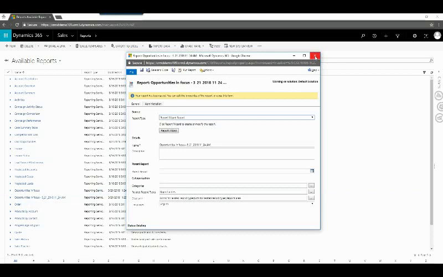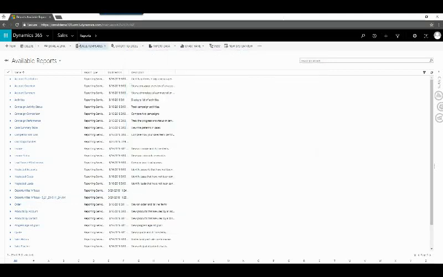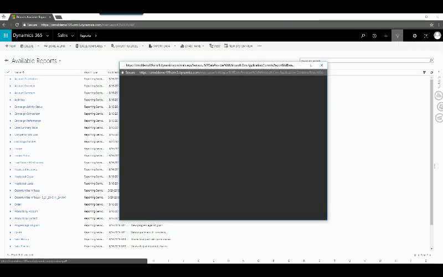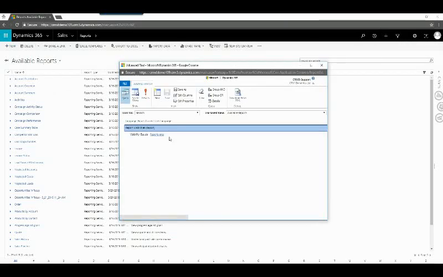What I've shown you is a very easy way now to create as many reports as you want. Unfortunately, I've now shown you how to create so many reports. At some point, you're going to say, how do I get rid of these reports? And a quick way to do that is really just hit your advanced find. It's a very quick way to find this. Let's go see. If I hit advanced find,